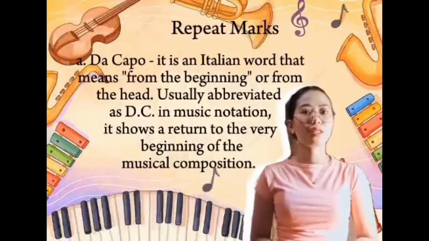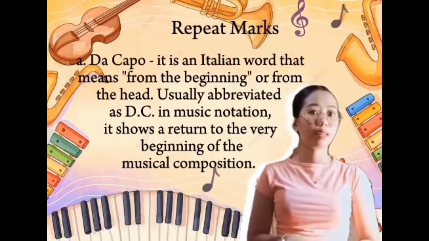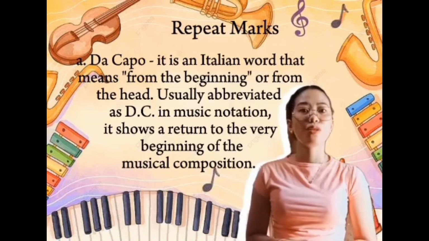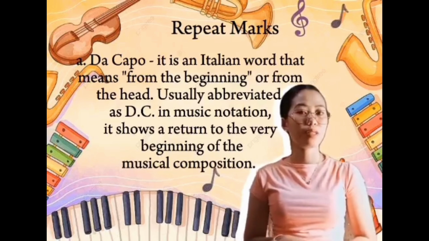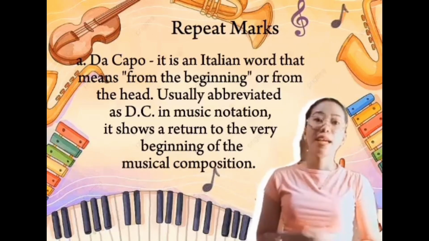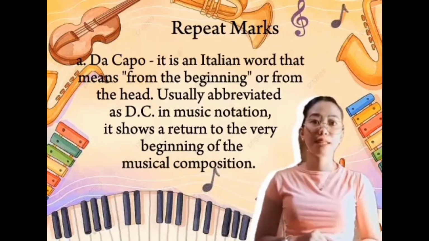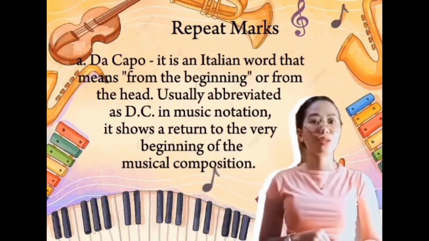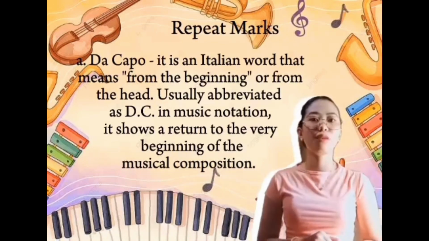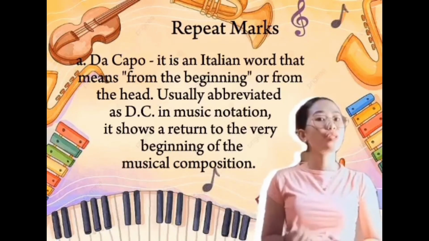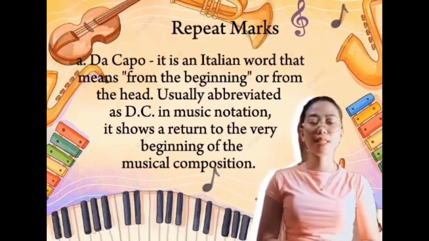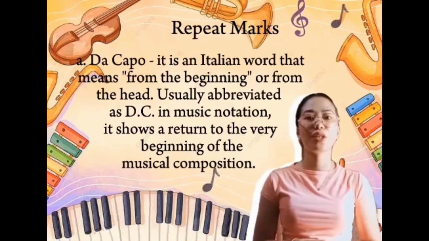Now let's move on to the repeat marks. The first we have the da capo. It is an Italian word that means from the beginning or from the head, usually abbreviated as DC in music notation. It is shown as a return to the very beginning of the musical composition. The da capo instructs musicians to return to the beginning of the piece and continue playing until reaching a